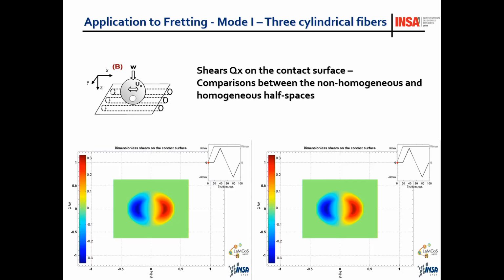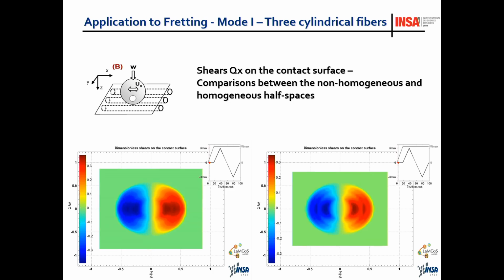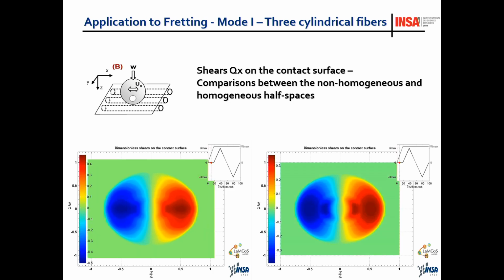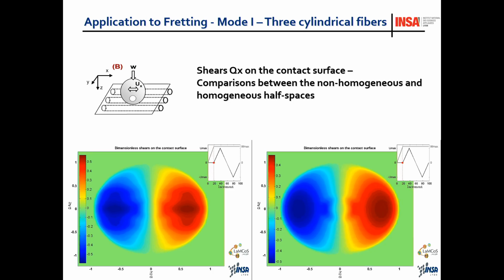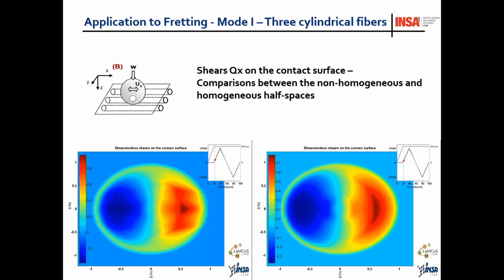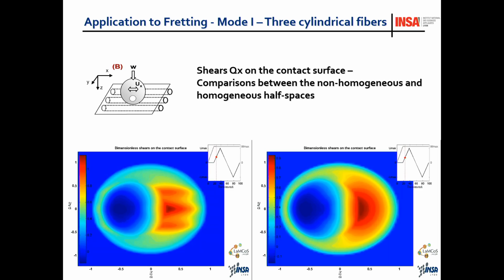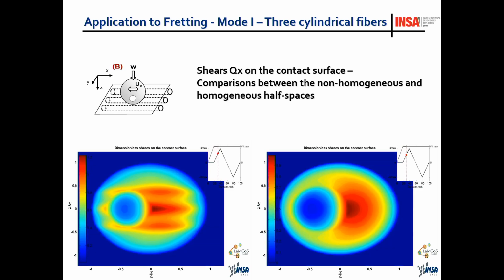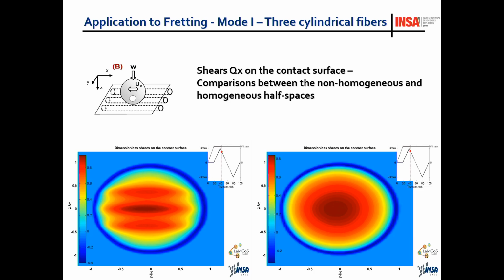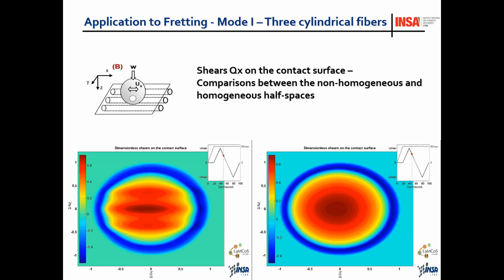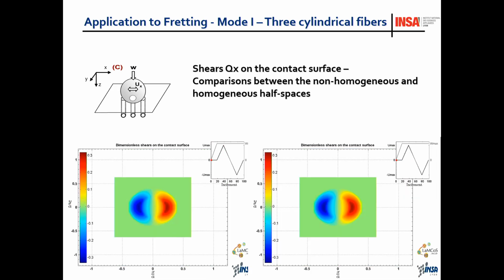You can do the same for the second situation with fibers parallel to the movement. So we will see again the three fibers. This time they will be horizontal. And the blue area is a sticking domain that disappears after a while. And the last situation is for vertical fibers.